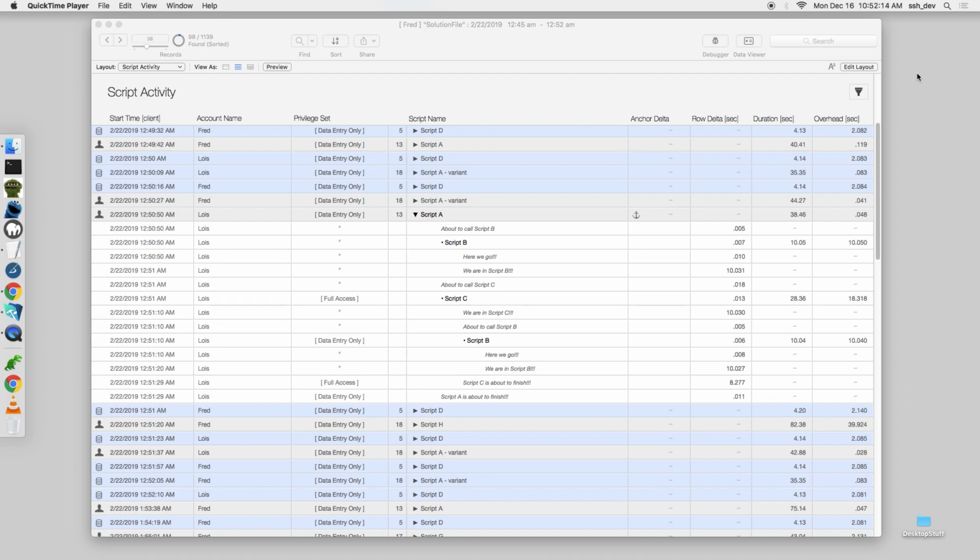All right, so what we're looking at here is a list view UI for a script activity log that tracks the overhead, the time overhead of FileMaker scripts. And the reason that I'd like to show this is I just saw a post on a forum regarding the overhead involved with using the button bar display text calculation to render on-the-fly calculated text or numbers in a list